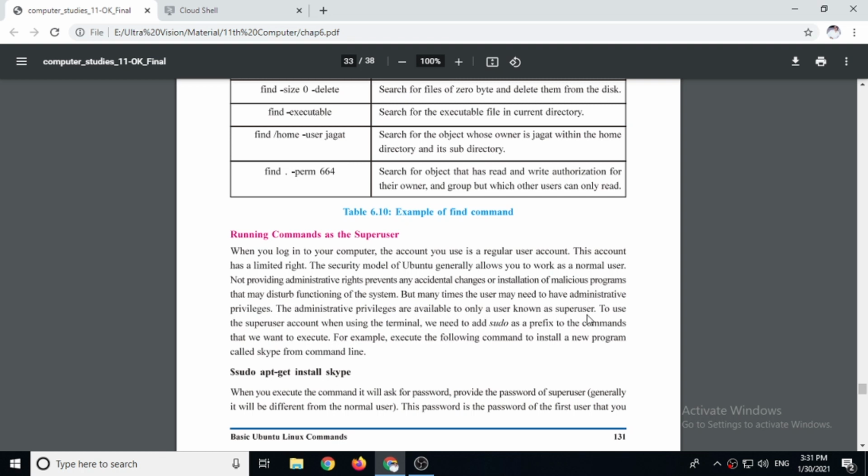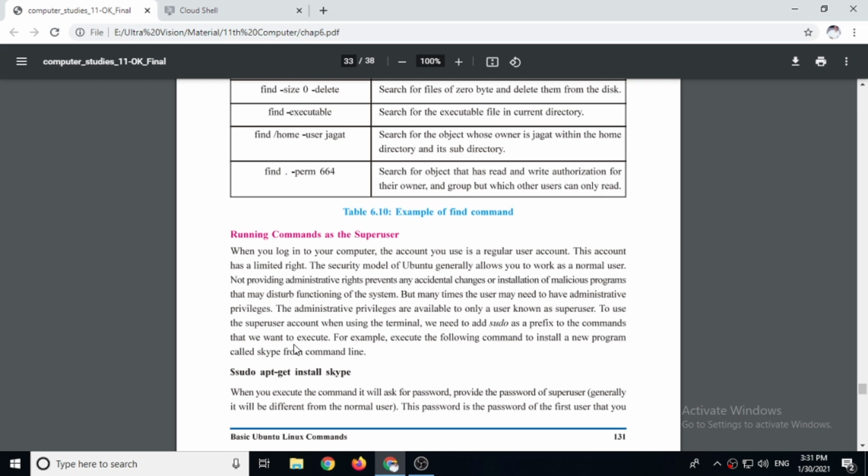To use the super user account when using the terminal, we need to add sudo as a prefix to the command that we want to execute. There are a few commands that can be executed by the super user only, but it doesn't matter if you are working as a normal user, because using the sudo command you can also execute these commands.